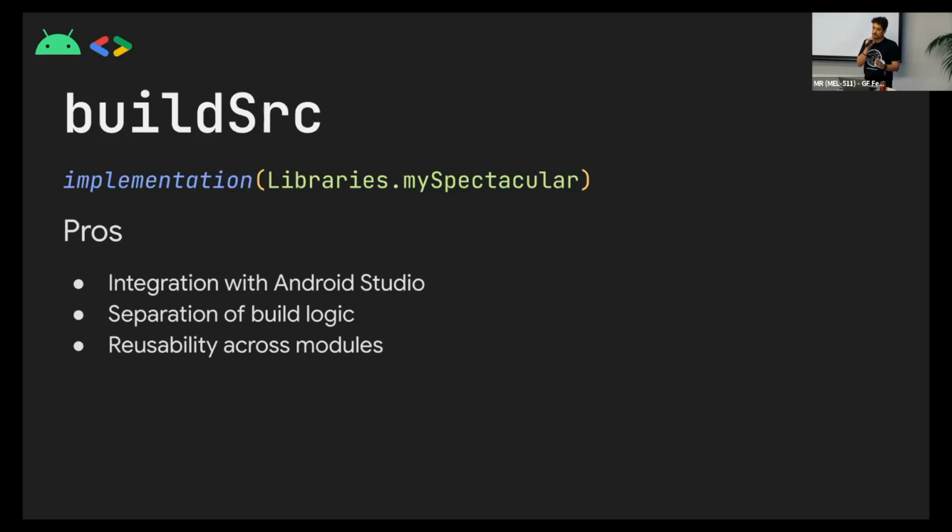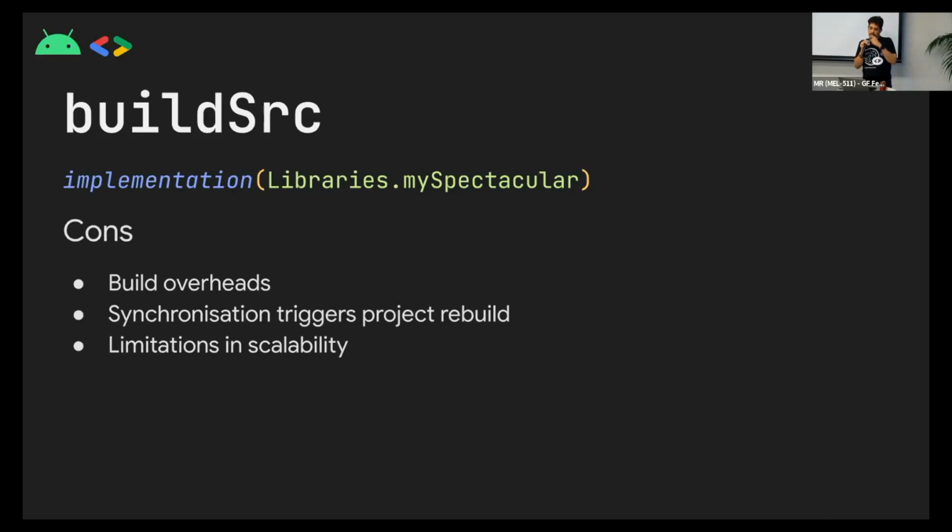But it also offers separation of build logic. You can write rules and some plugins or whatever and place them in build source, so that's separate to the rest of your project itself. It improves your experience overall that, yeah, I have achieved some sort of separation, right? And then there's reusability across modules. So if you've got 50 modules, each of them can refer to the same build source declaration. And let's say you want to upgrade it, you just upgrade it in one place and it starts working everywhere.